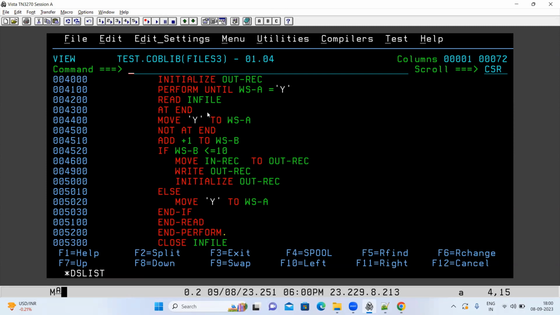That's why paragraphs are mandatory, and also it will look good. There is some COBOL coding standard which we have to follow. So paragraphs are mandatory, which will make the code look clean, help the user understand it in a better way, and help you handle all the COBOL logic and scenarios. I will come up with one more video where I will show you how to handle paragraphs using a call program. Each and every step I will compare a normal program with a program where you have paragraphs, and I will show you the difference. The flow of the program will be exactly the same, just the way of writing and the way it looks will be different.